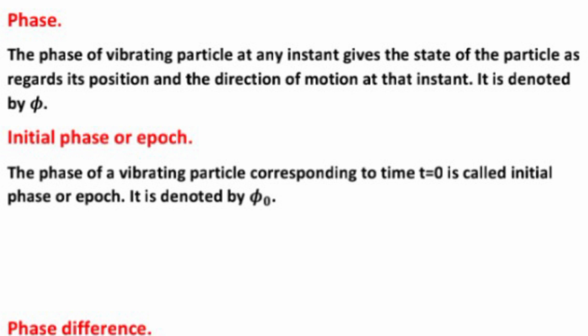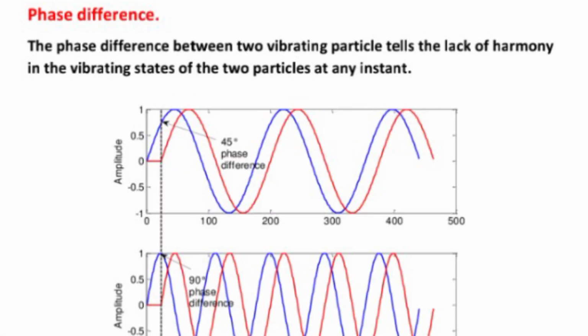The phase of a vibrating particle corresponding to time t equal to 0 is called the initial phase or epoch. It is denoted by phi 0. Now the phase difference. What is phase difference? The phase difference between the two vibrating particles tells the lack of harmony in the vibrating states of the two